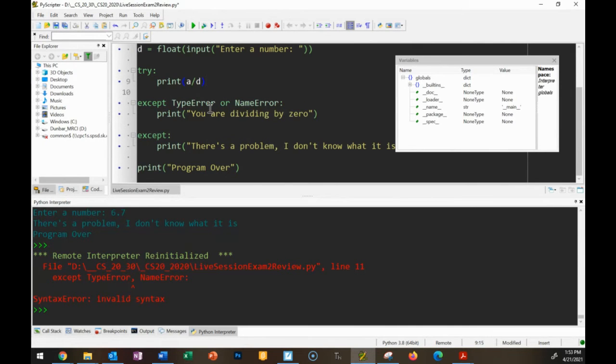Let's try or. So in this case, I don't have a syntax error, so hopefully it's going to work. I would be checking for a type error or a name error, which means it could be one or the other. It doesn't have to be both. Well, it can't be both. You can't have both a type error and a name error at the same time. But the reason I did this is because you could kind of catch two things at once and say, you know, you either